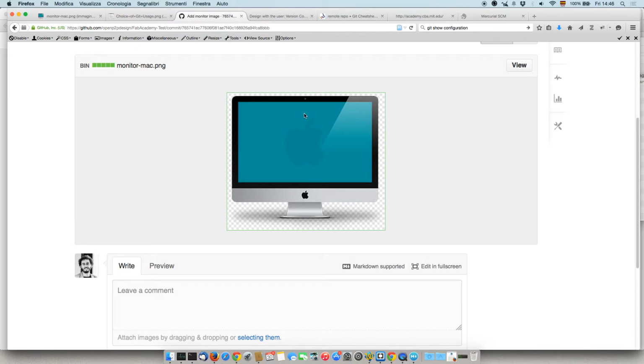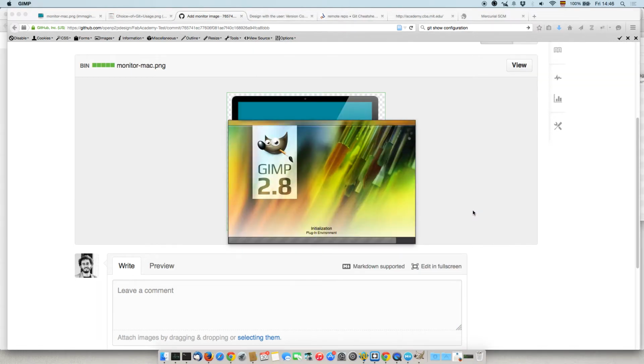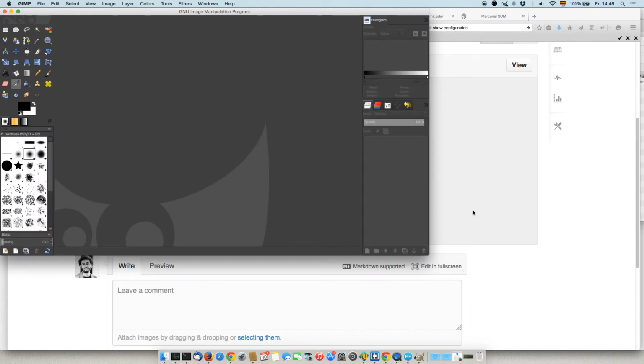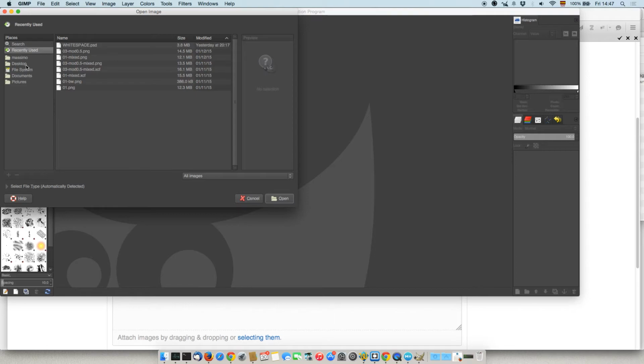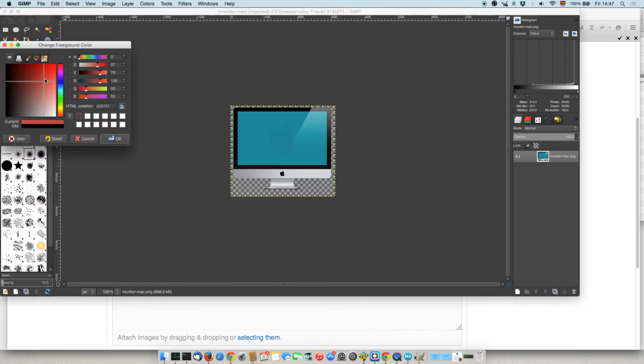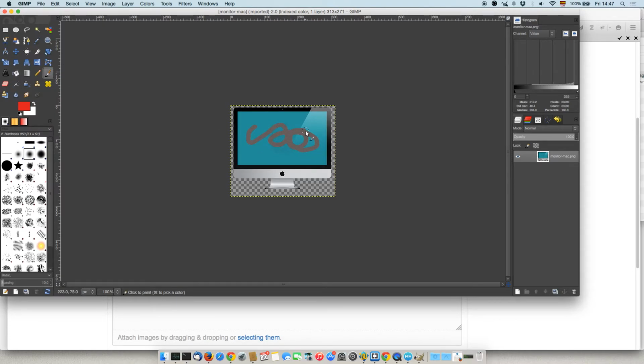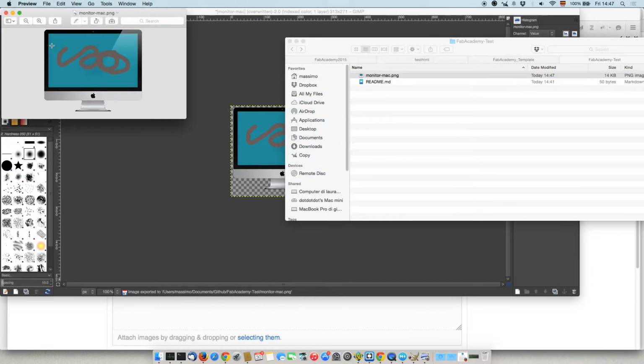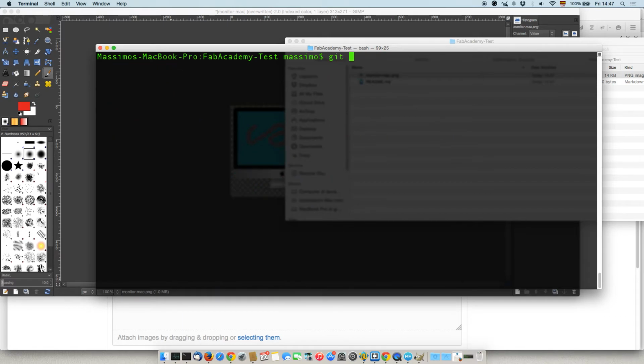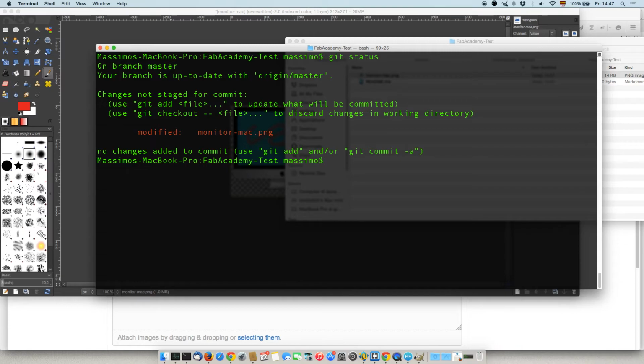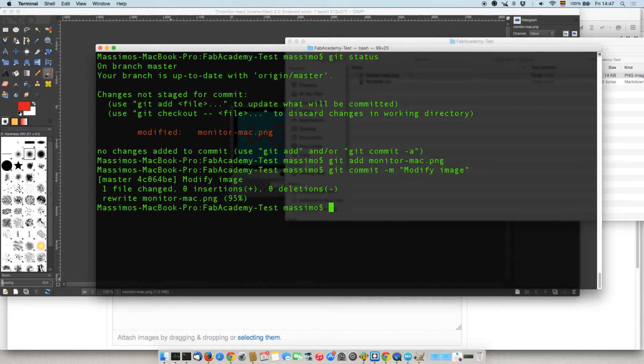Now I will modify the image just to show you how it works. So I will use GIMP, which is the open source alternative to Photoshop. Okay. I will save it, overwriting it. So here, the file is different. If I do git status, Git understands that it has been modified. Okay. So if I do git add monitor mac, git commit -m modify image, and then git push,